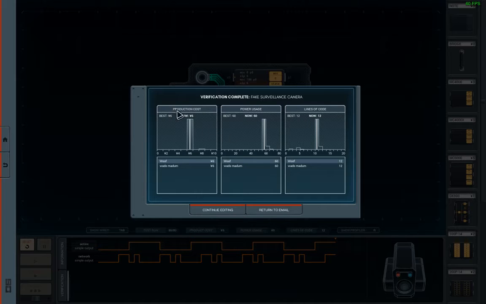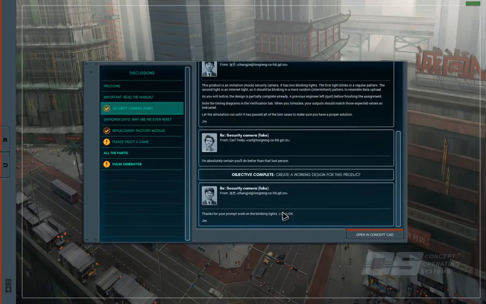But yeah, production costs can be reduced by using fewer components. I don't see how we could use fewer components for this particular puzzle. I almost called it circuit. And power usage is determined by how many lines of code you have in your chips, like how many lines of code you write in. And of course lines of code is lines of code, so these two things kind of work together. And I'm not really sure about these graphs, if they show what other people have tried before, but yeah. Then we go to return to email,